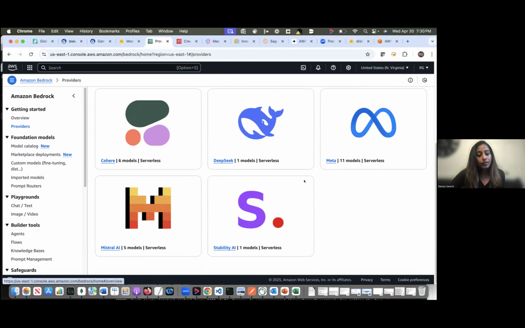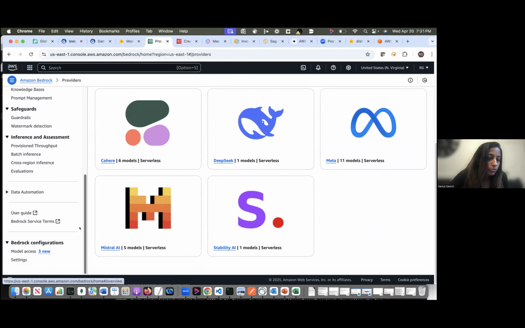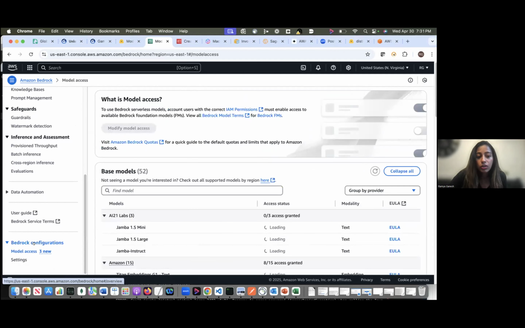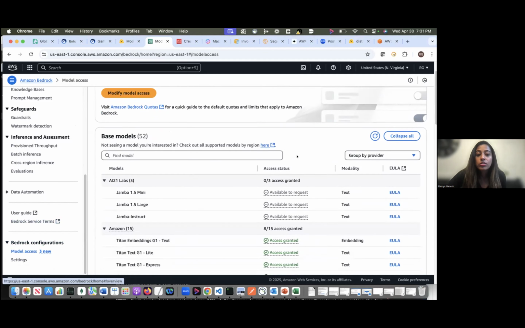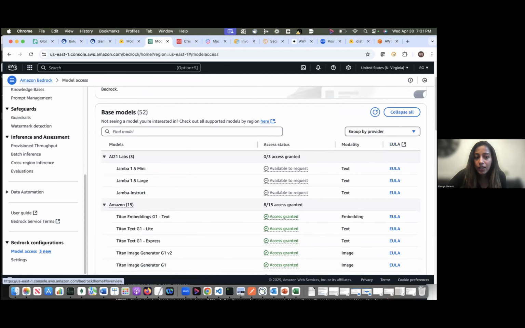And the second thing that you have to remember is if you're signing up, you will be creating a user. Now, after that, if you go to Amazon Bedrock, scroll all the way down, and you will have something called model access. So you click there. It's under the Bedrock configuration all the way down the page. Here I have, if you see, base models 52, but if you're just a new user, just signed up, the base model would typically be 0. So you'll have to request access for those models.